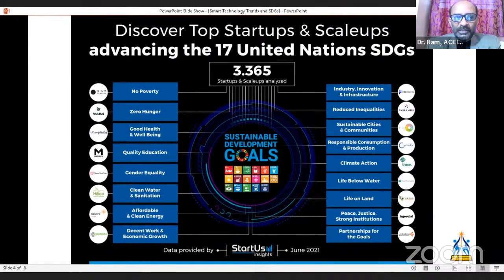From no poverty, zero hunger, good health and well-being, quality education, gender equality, clean water and sanitation, affordable and green energy sources, decent work and economic growth, industry, innovation and infrastructure development, reduced inequalities, sustainable cities and communities, responsible consumption and production, climate action, life below water, life on land, peace, justice, strong institutions, partnerships for the goals.